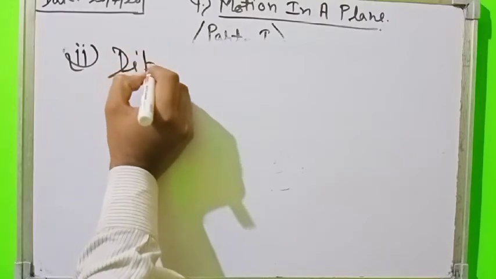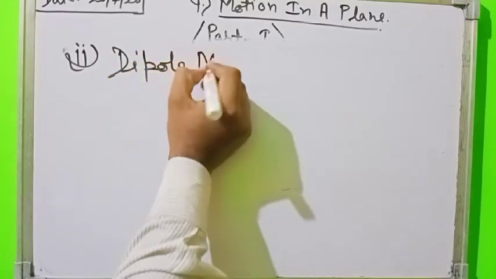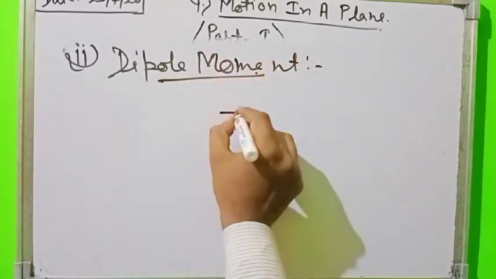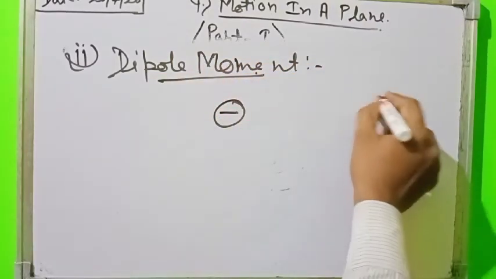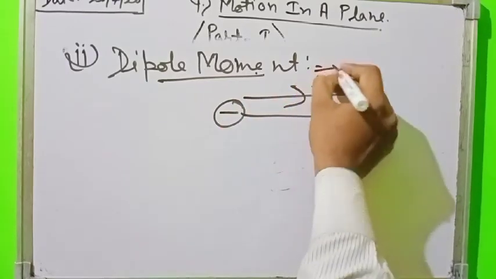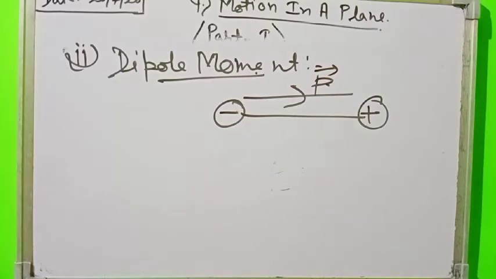Dipole moment. Dipole moment means there are two poles, positive and negative, and its direction is from negative to positive, so it is considered as a vector